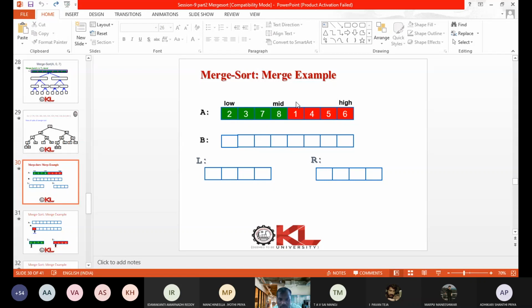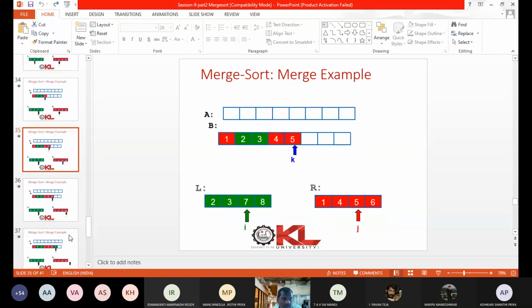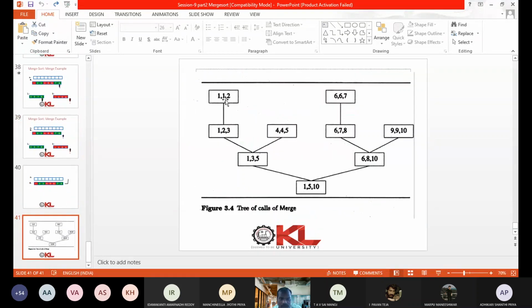So by representing this low, mid, high, you will get here 1, 1, 2. 1 is low, 1 is mid, 2 is high, like that. So 1, 5, 10. 10 elements are given. Initially mid is 5. So like that, you draw this tree of calls of merge. So this is all about merge sort.